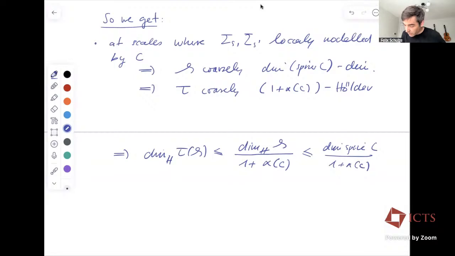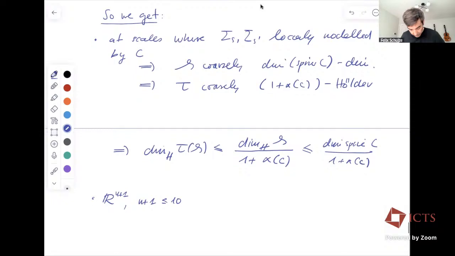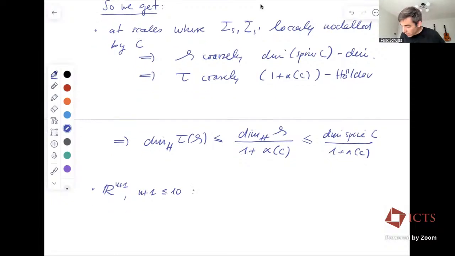So what we do then is in R^(n+1), now let's do the case n plus 1 is less or equal than 10. This was our first result, where we extended Hardt-Simon, which was 8, and this would be now 9 and 10. Now, what do we know? All non-flat minimizing cones